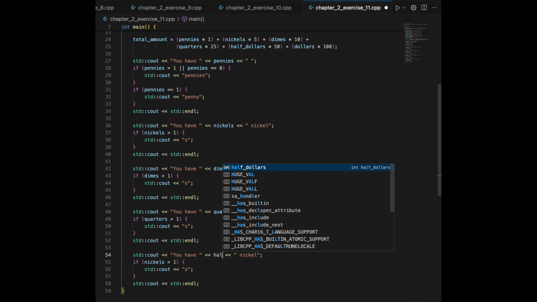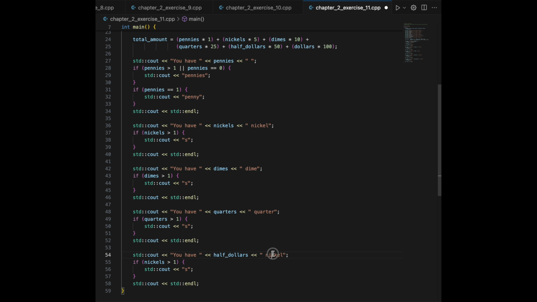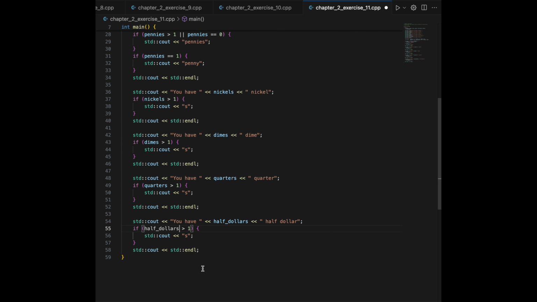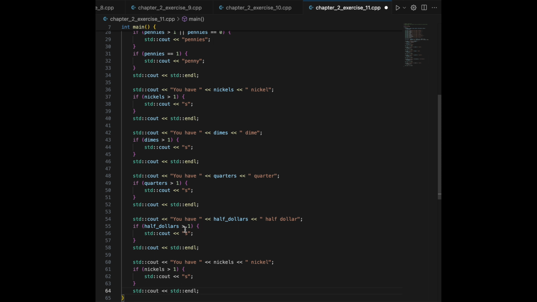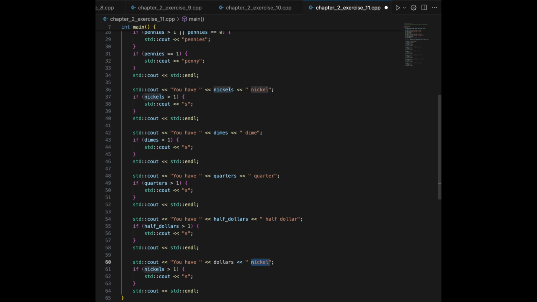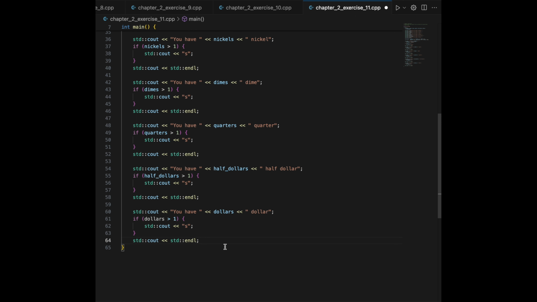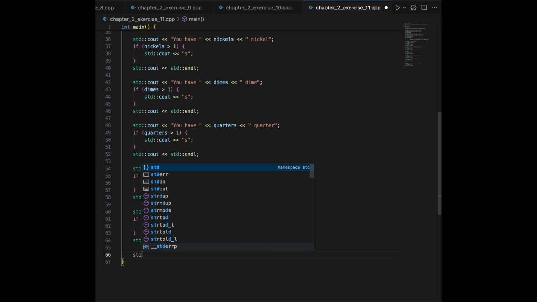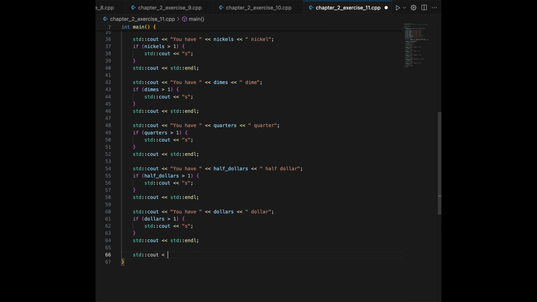Quarters, half dollars, half dollars, and then we'll do that, and that's going to be half dollars. And finally, our last one, you have dollars, if we have more than 1 dollar, so we'll do that. Great. And then we can say std::cout